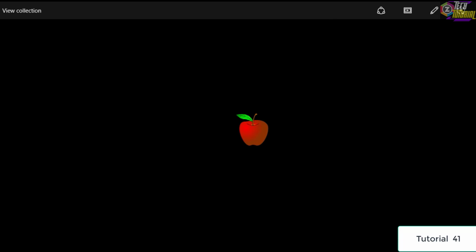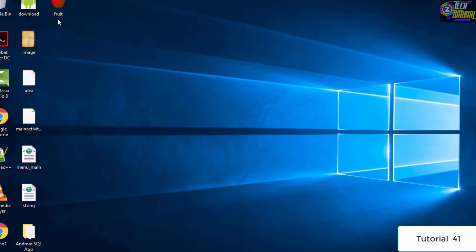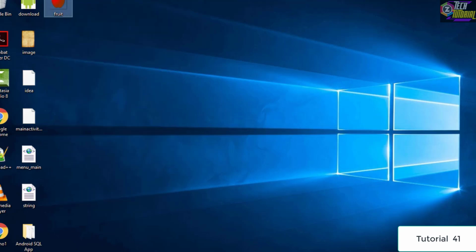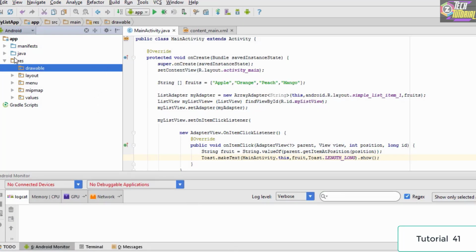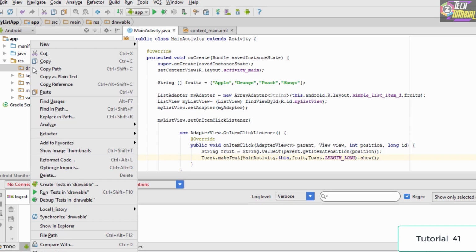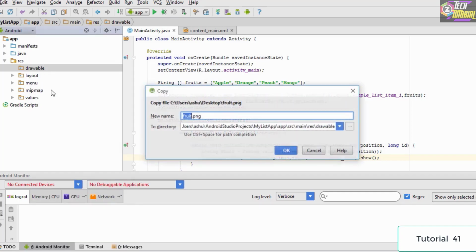And now the next thing which we need to do is that as we need to use this image into our project, we simply go ahead and copy this image, return back to Android Studio, and as you could see, under the application folder we have a folder which is called as the resources, and the resources folder is going to hold each and every resource which we are going to use in this application. So you also need to add an image inside this drawable folder right here. So we simply right click on this and then we simply paste the image which we have copied.